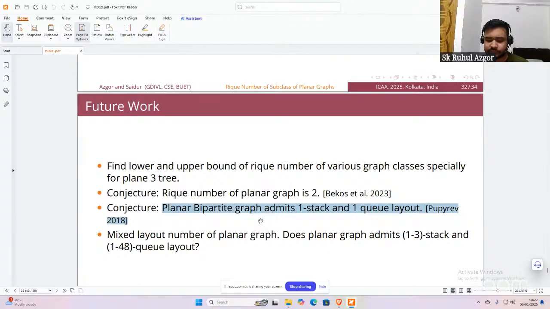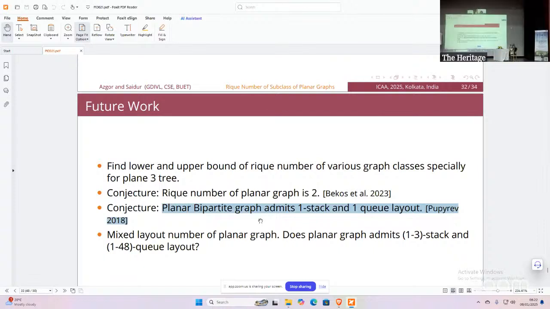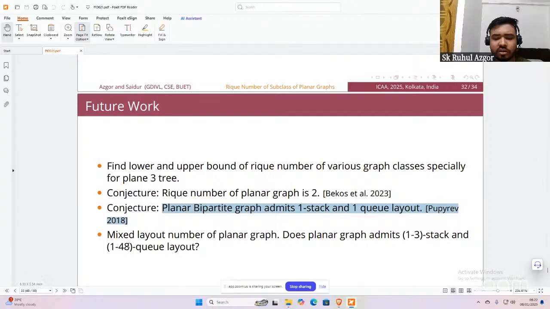Yes. And one related question for the mixed layout: do you need to have, here you've written 1, 2, 3 stack and 1, 2 queue? Because for planar graphs, we already know that the stack number is 4 and the queue number is at most 49. So if we admit 4 stacks, then it will automatically allow us to process all the edges and 49 queues. So